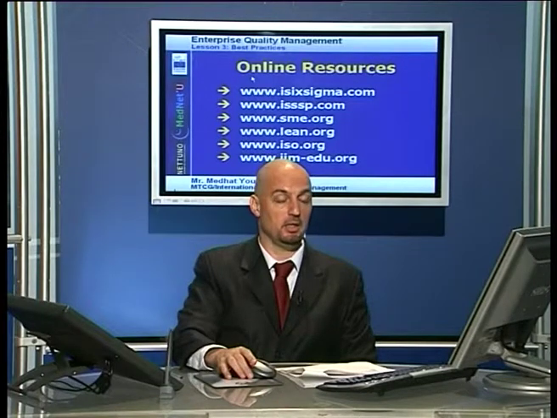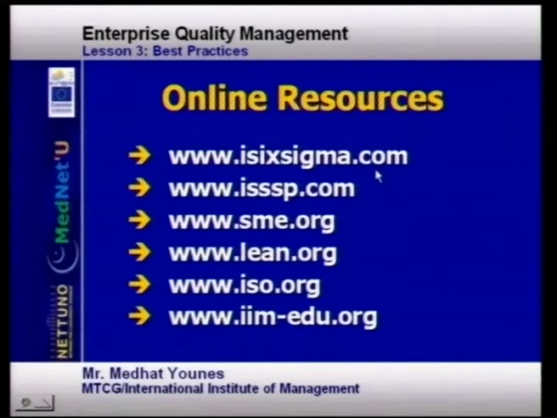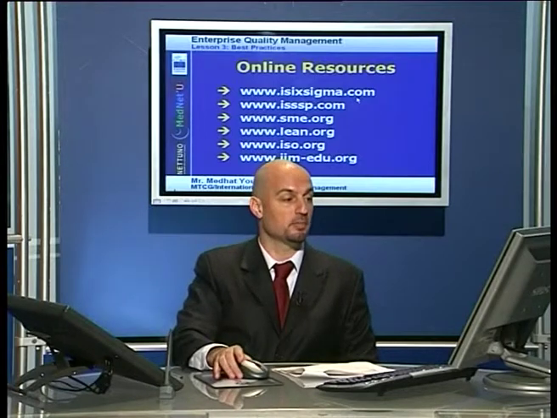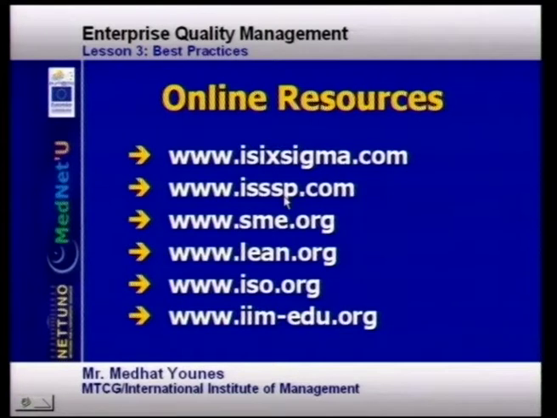To conduct further research and learn more about the lesson concepts and the principles of these management frameworks, we recommend that you visit the following websites: i6sigma.com, which is a portal that has everything to do with Six Sigma news, updates, training, etc.; the ISSP, which is the International Society for Six Sigma; the SME, or the Society for Manufacturing Engineers, SME.org; lean.org, which is for lean manufacturing; ISO.org, which is for the ISO 9000 standard; and of course, IIM-edu.org for management best practices. With this, we conclude the third lesson